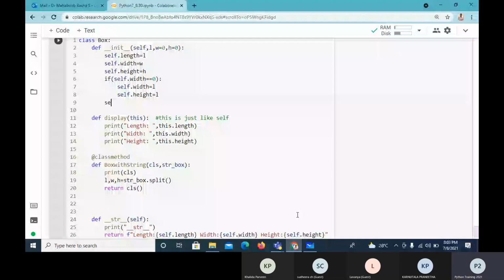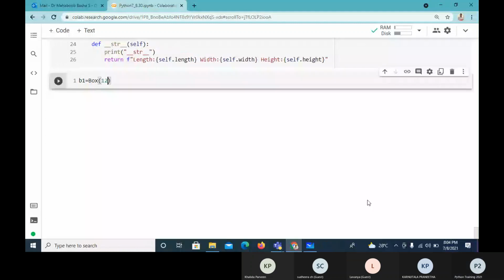Now when I take the box class, I'll execute it. So I've executed. Now I'll create a box. So B1 equals box with values, 12. I'm creating the box.